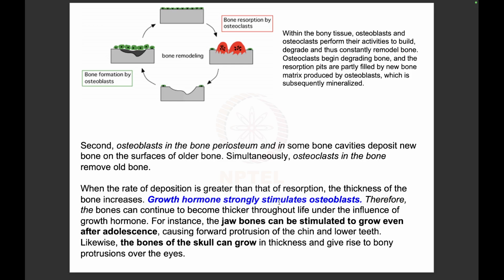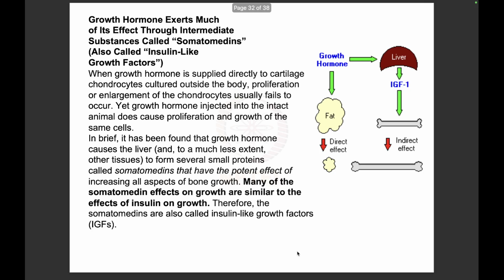So growth hormone strongly stimulates osteoblasts. Therefore, the bones can continue to become thicker throughout life under the influence of growth hormone. For instance, the jaw bones can be stimulated to grow even after adolescence, causing forward protrusion of the chin and the lower teeth. Likewise, the bones of the skull can grow in thickness and give rise to bony protrusions over the ears. Growth hormone exerts much of its effect through intermediate substances called somatomedins,